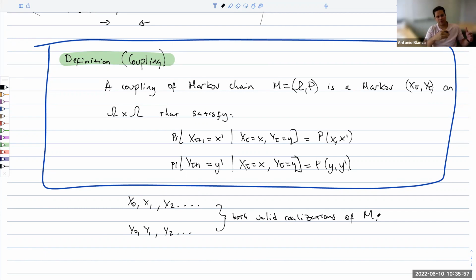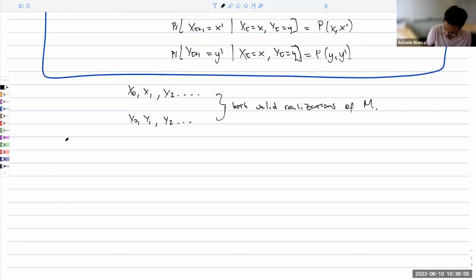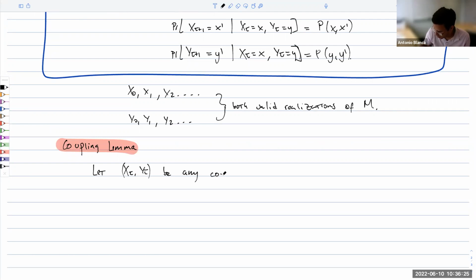And as we saw in that example, we can coordinate the move between X and Y any way we like, right? So this is the definition of the coupling, and let me now write the coupling lemma, which is how we bound the mixing time using coupling. So we consider any coupling of M